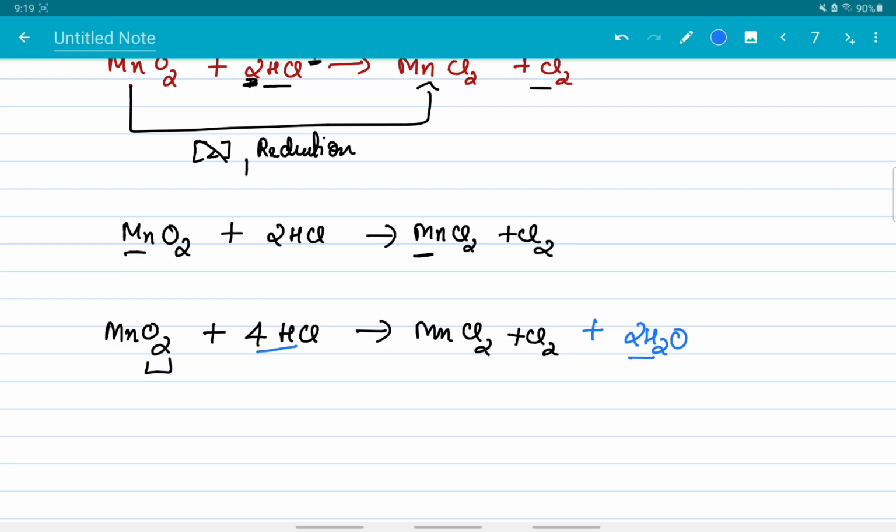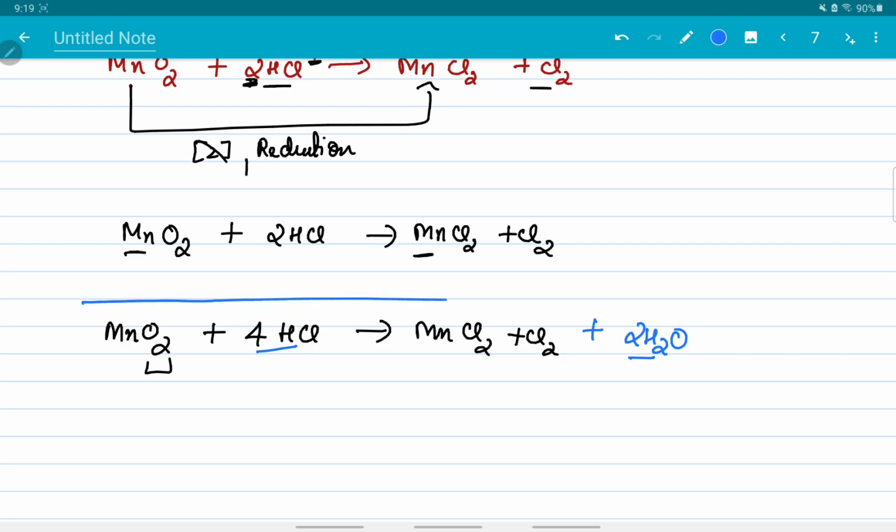But in case hydrogen was not balanced, then what were you supposed to do? You had to add H plus. Not 4 H plus, you add however many H plus ions according to whatever the difference is. I've shown in the previous 3 examples how to do it. And in case it is basic medium, then one more step will come, that is to add OH minus. And you know how to do it.